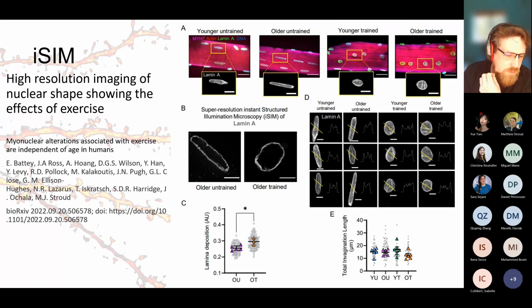from Matt Stroud's group, Ed Batty was looking at the change in shape of nuclei within some cells post-exercise and or not exercise. So some ex vivo cells, some tissues, and they were looking at the difference on how exercise changes the shape amongst other factors. And the iSim provided a really good way to image these and get really decent detail on the shape of the nuclei, because it can go into tissue the same as a confocal will, but yield